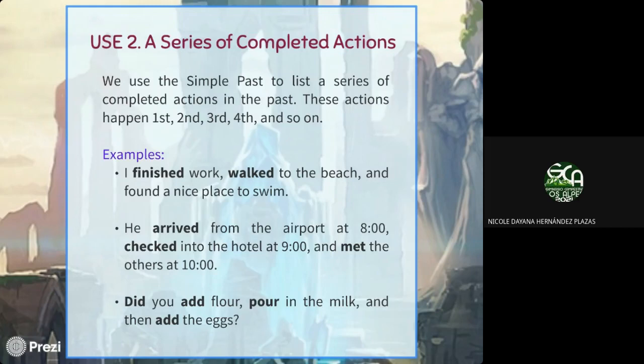A cereal, like a receipt. Hiciste esto, esto y esto. Listo, se acabó. Nothing else. So when you have series of actions that finish in the past, a series of actions that are complete, acciones